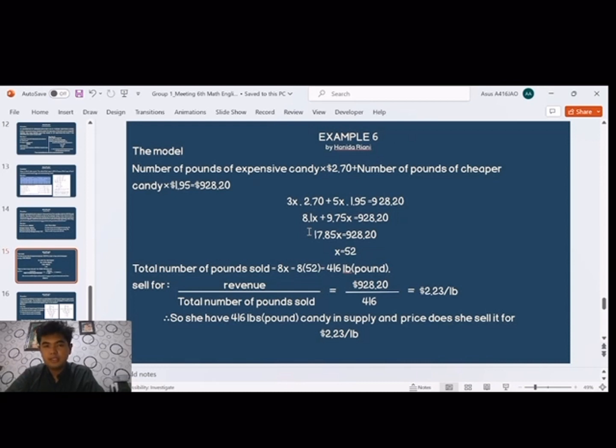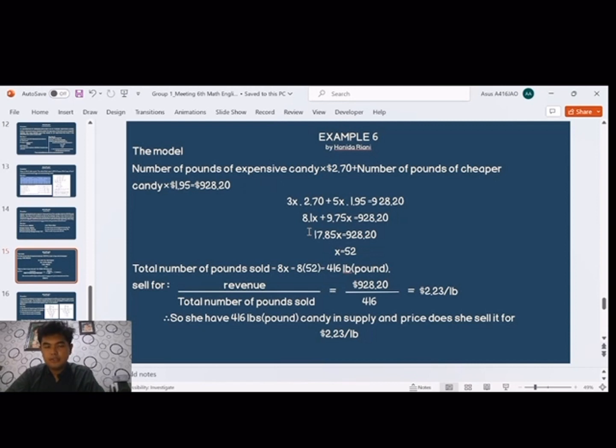So x equals 52. Because the number of pounds sold is 8x, it will be 8 times 52